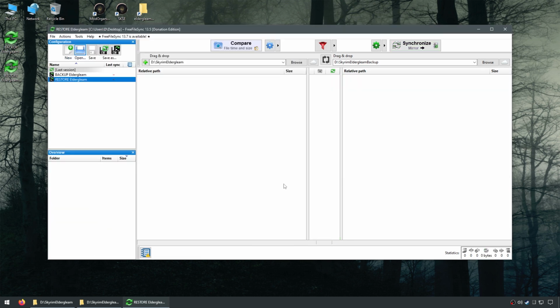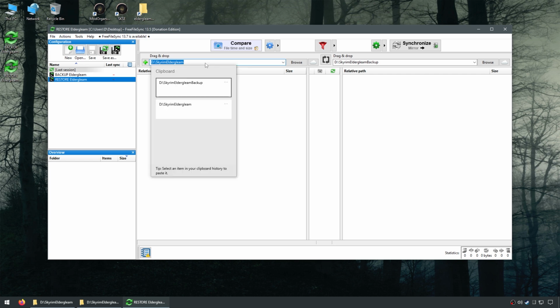Since the Restore job is just the backup job in reverse, I'll click into and copy both directory paths at the top of the left and right panes using Ctrl-C on the keyboard. Because I have clipboard history activated in my Windows settings, I can place both of these paths on the clipboard at the same time. Now, I'll click back into the left column's folder path, click the Windows key plus V